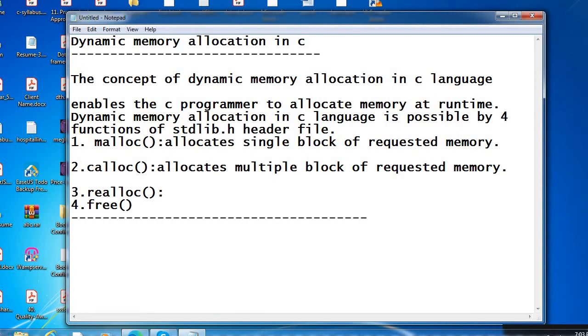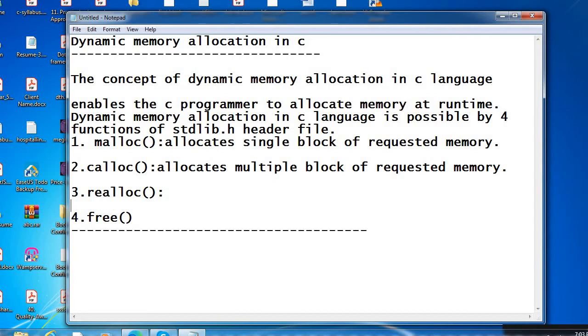And realloc reallocates the memory occupied by the malloc function.